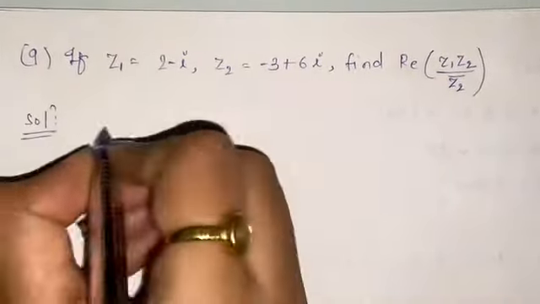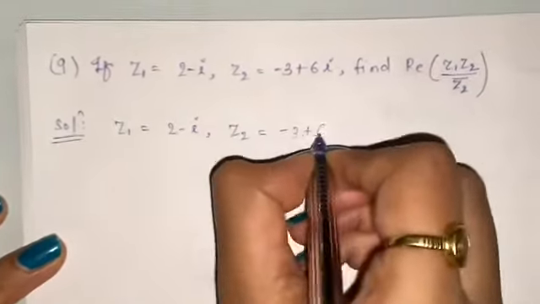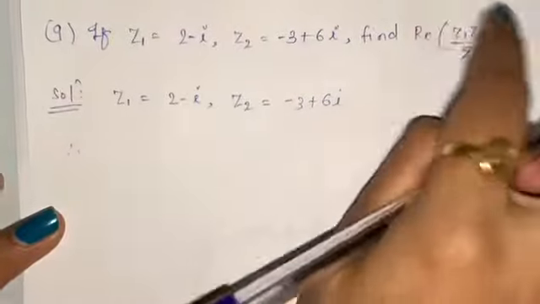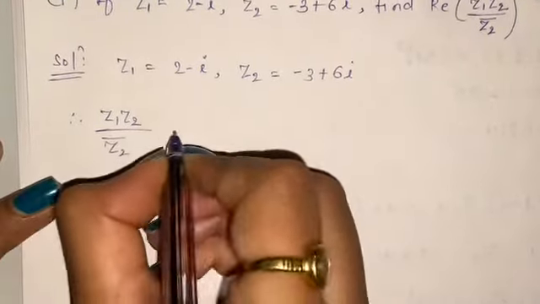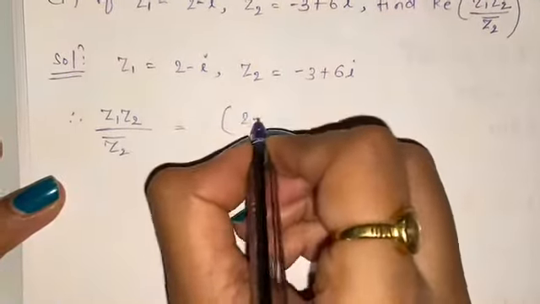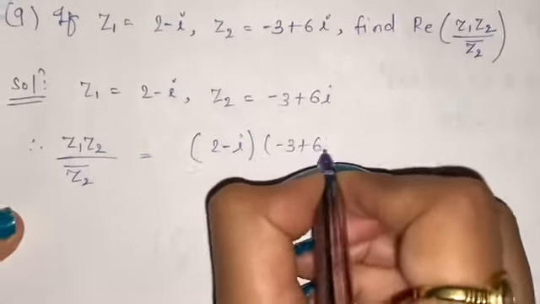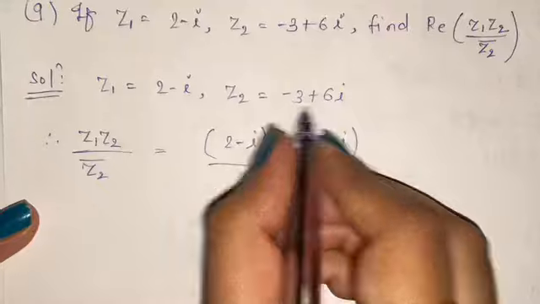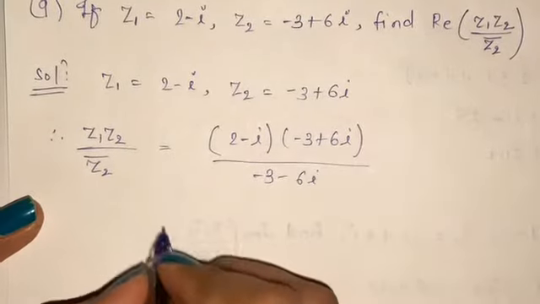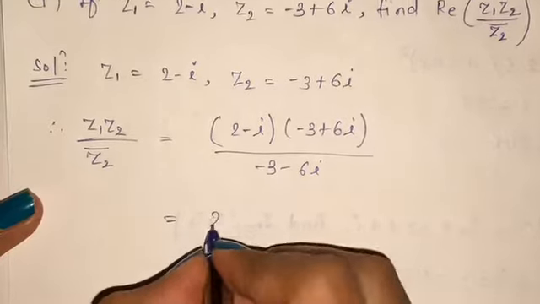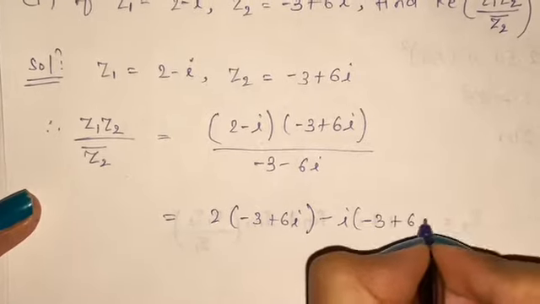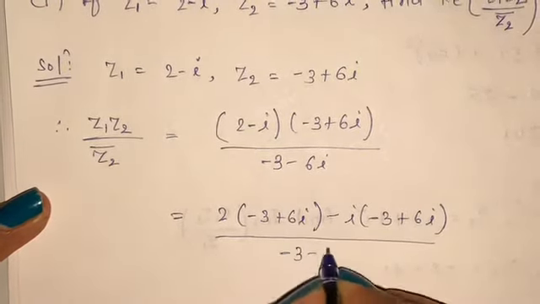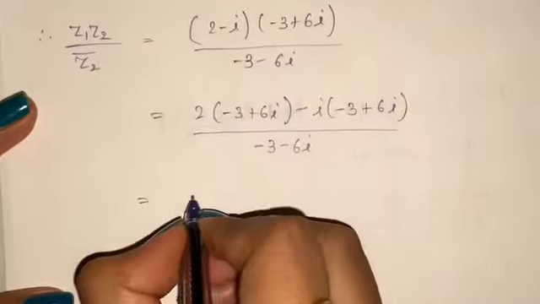Solution, z1 is given 2 minus i, z2 is given minus 3 plus 6i. Therefore, what will I find first? This part, z1 z2 by conjugate of z2 is equal to, I will multiply z1 and z2, 2 minus i, minus 3 plus 6i. What is the conjugate of z2? Minus 3 minus 6i. Okay, simply operate the bracket: 2 into minus 3 plus 6i, minus i into minus 3 plus 6i, all divided by minus 3 minus 6i,